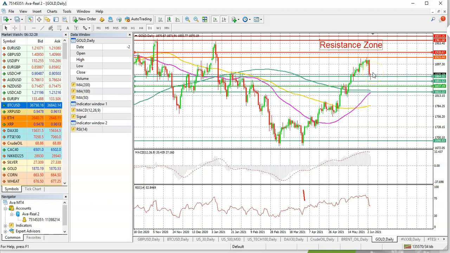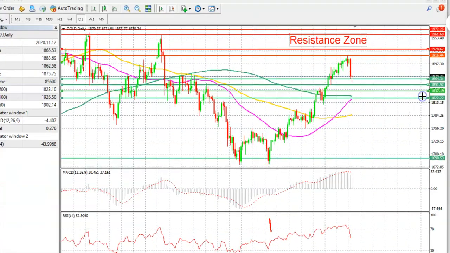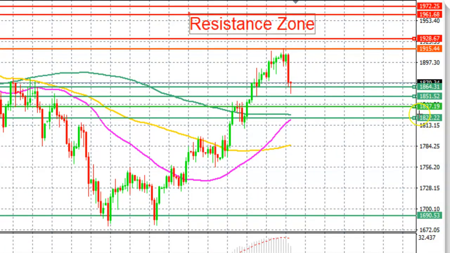Now the likely chances are that the price can move from here to the upside. However, there are chances that the price can continue and actually move into its next area of support, which is really at 1822 to 1837. 1851 to 1864 is our first area of support,